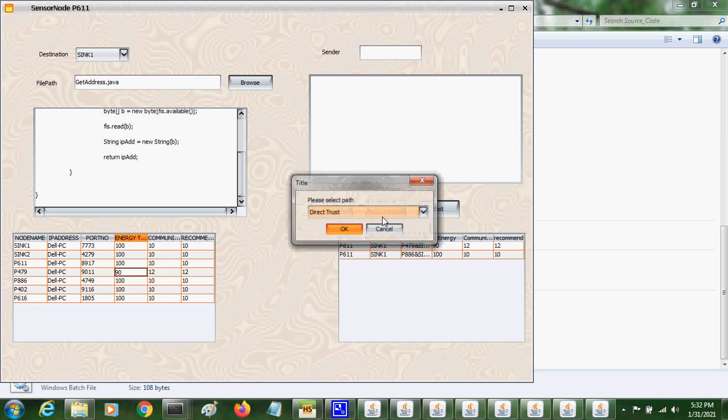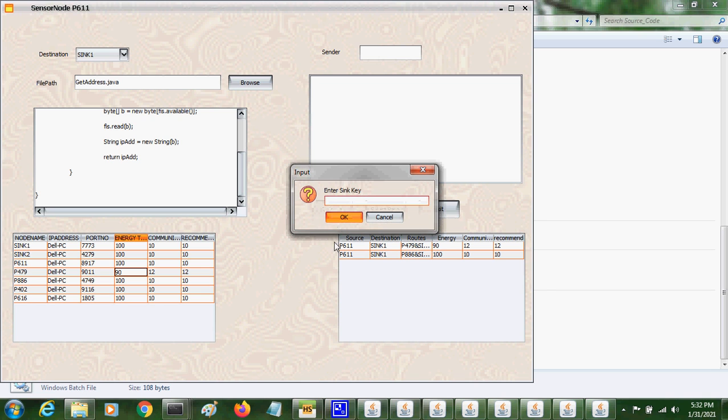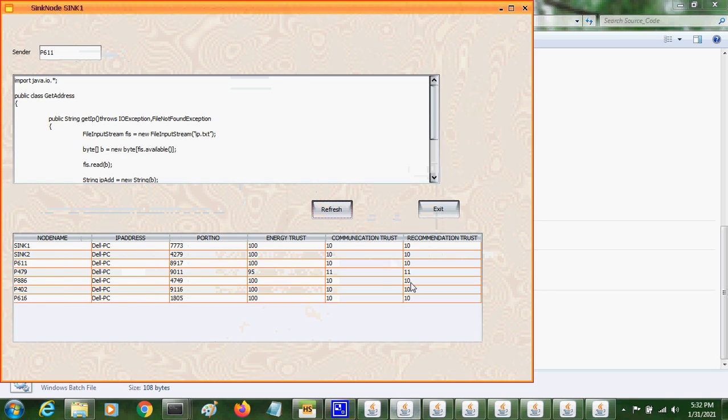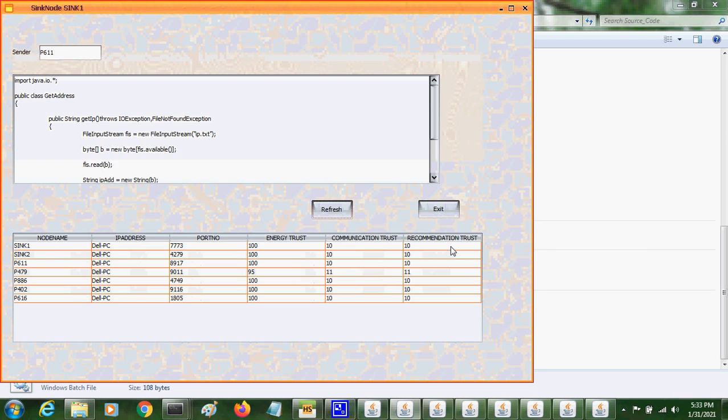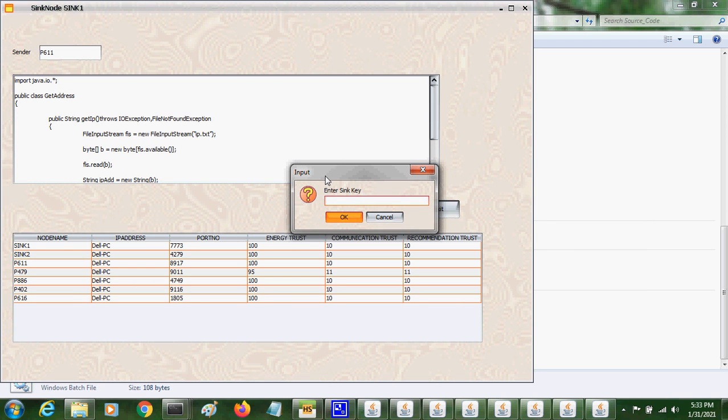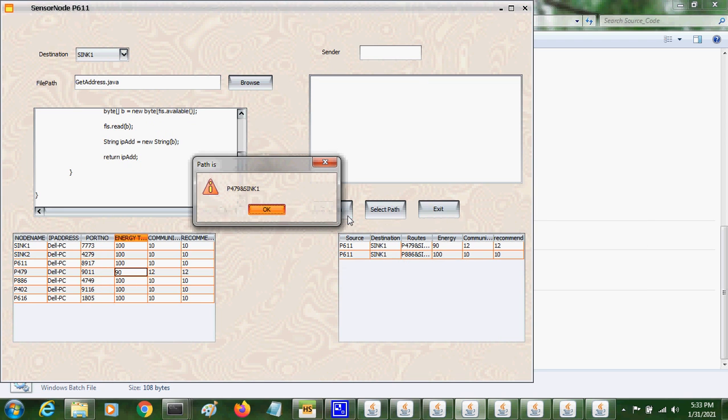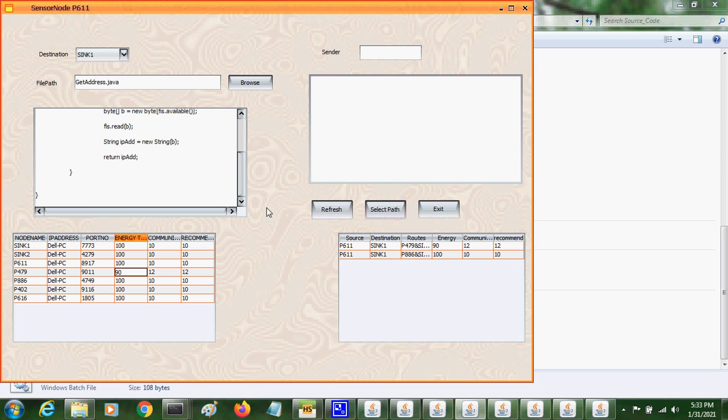When we send the data path through functional trust, we will be asking for the key value for the node. The sync node will have the key value, so we have to give the sync key to deliver the packets. So this is the data packet delivery.